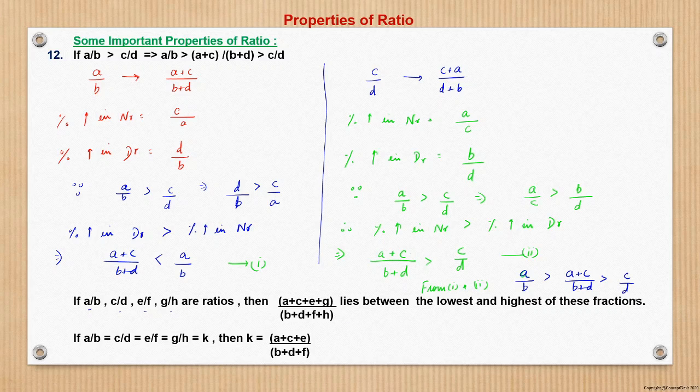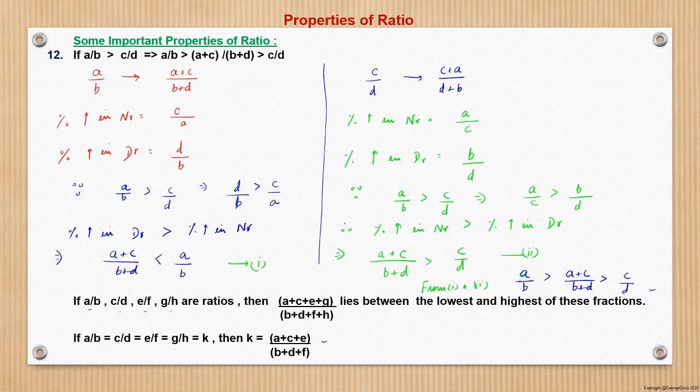For the case of two ratios we have proved it. Similarly, it can be done for n number of ratios. We can take two cases at a time and then prove that. But we can also remember this going forward: for any set of ratios, the ratio formed by the summation of all the numerators upon the summation of all the denominators will lie somewhere between the lowest ratio or fraction and the highest fraction. And as a special case, when all the ratios are the same, the ratio formed by the summation of numerators to the summation of denominators will also be the same as the individual ratio. This is a special case.